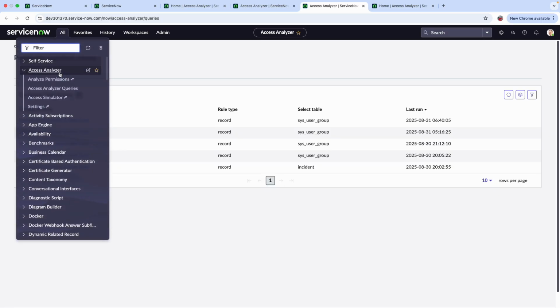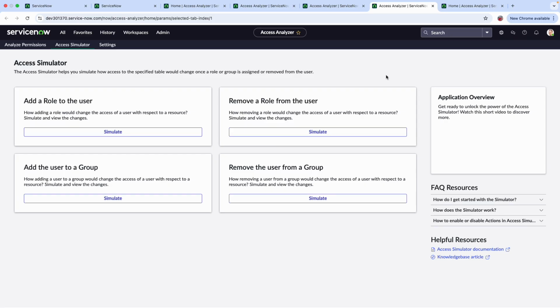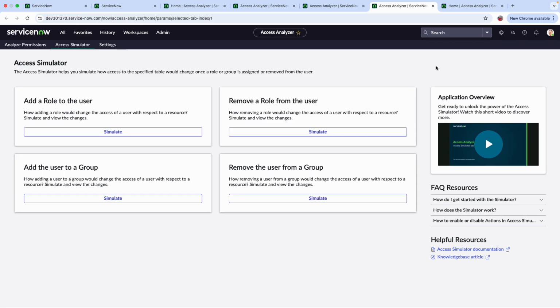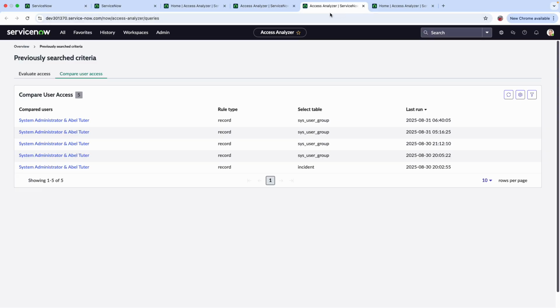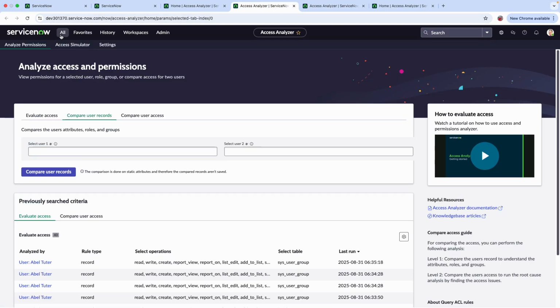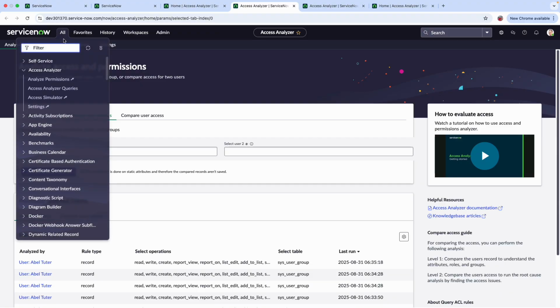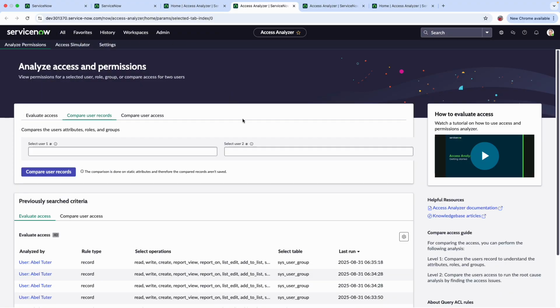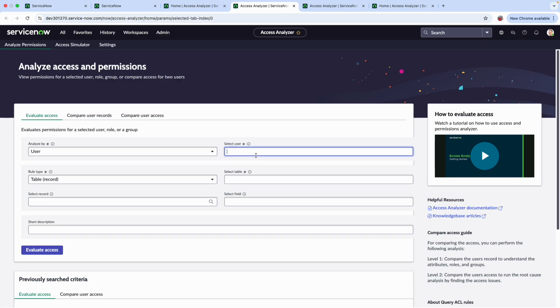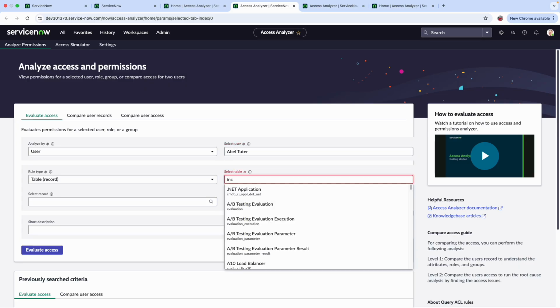Now coming to the third, access simulator, this is an advanced one. Mainly it is focused on the configuration part and the low code things. So I will not elaborate on this because this is not so important for us as developers. So I will show you one more thing which is related to the columns. So again, able tutor, incident,